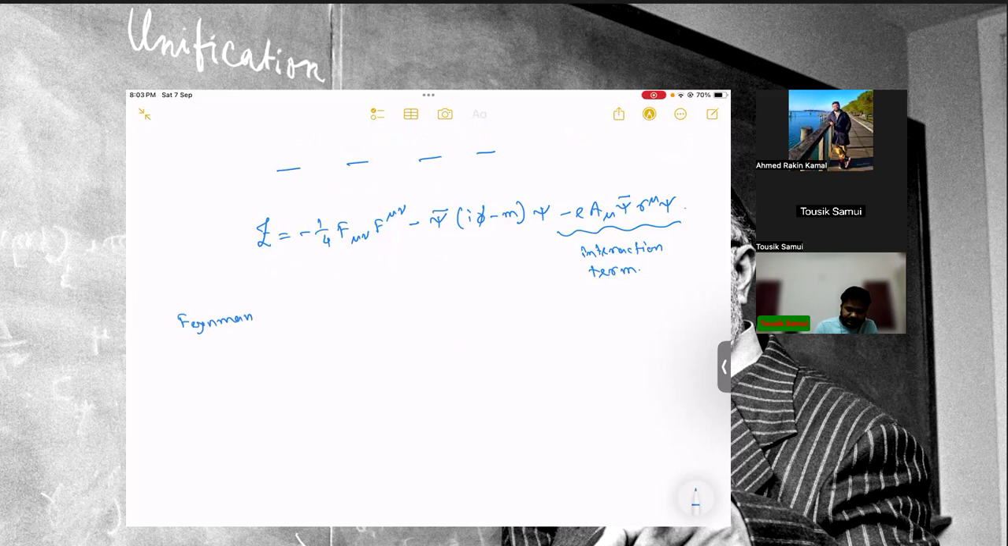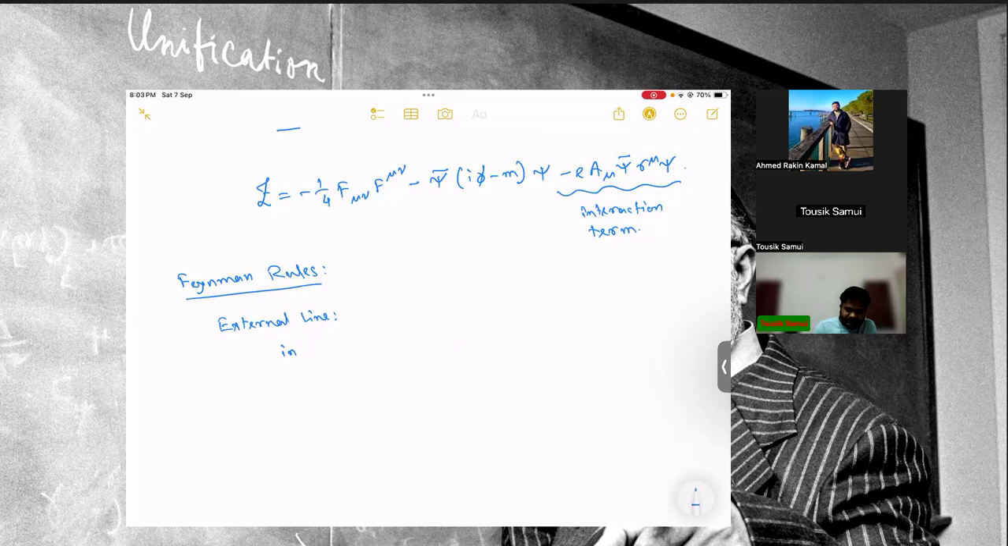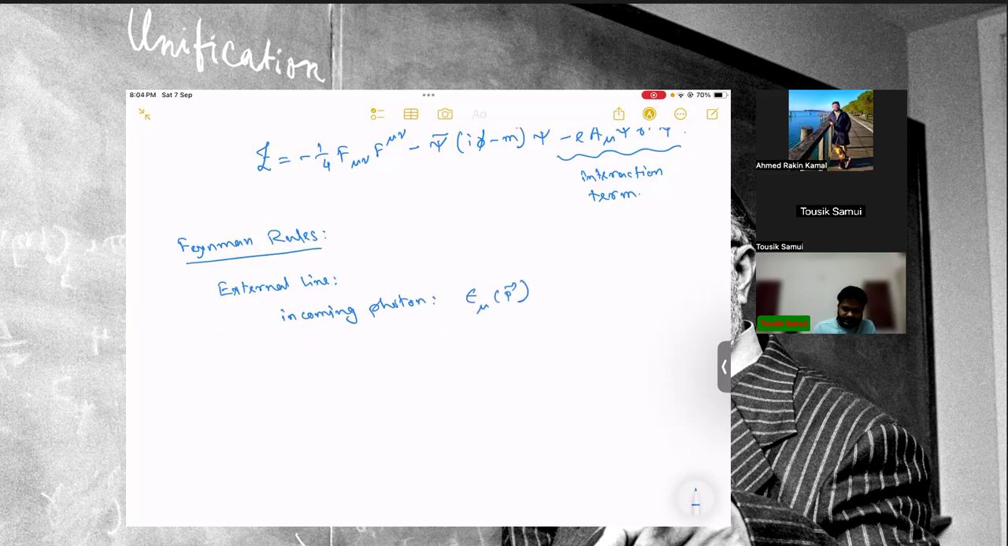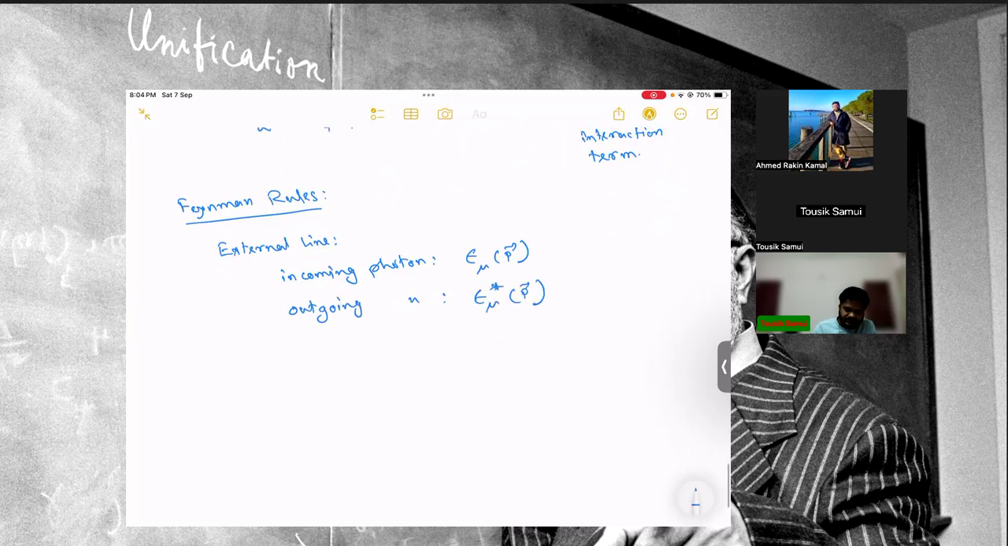Okay, so now for this, the Feynman rules, not deriving them, are essentially that for external lines, for an incoming photon, we will have epsilon mu p, if the momentum of the external line of the photon is p, and then outgoing photon as this. Okay, and for incoming